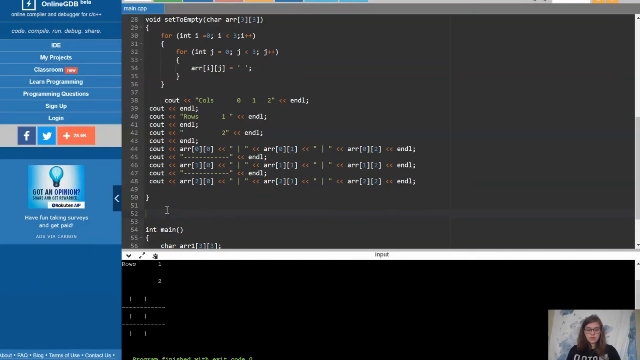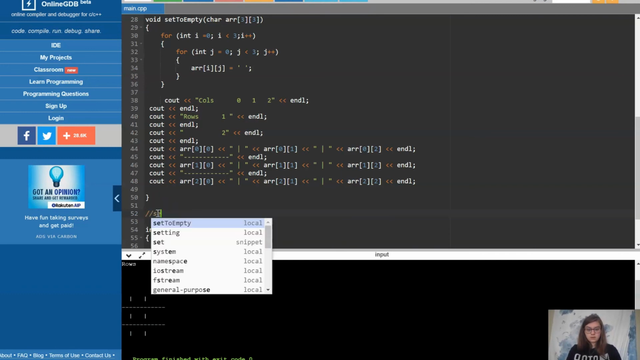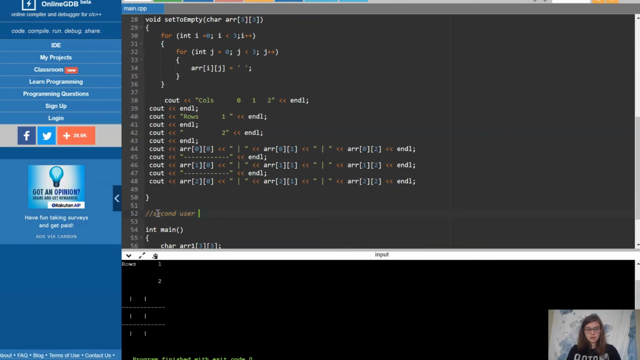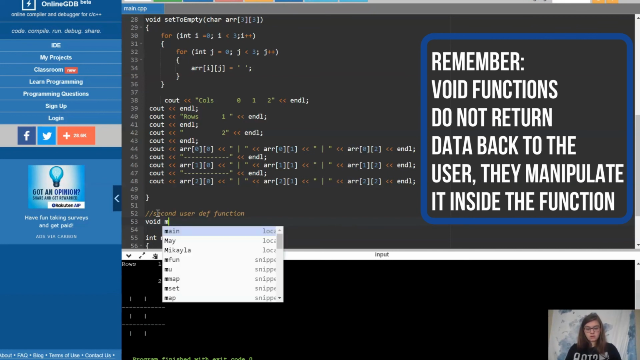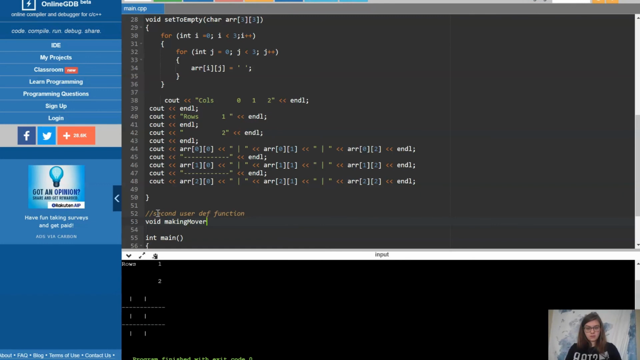Okay, so now we have to work on our second user-defined function. And this one again is going to be a void function. What this function is going to do is allow the players to make moves. So let's just call this function making moves, again with the standard names so that we can keep track of them later on. And again, this is going to take in a character array, and I'll tell you why. It's because